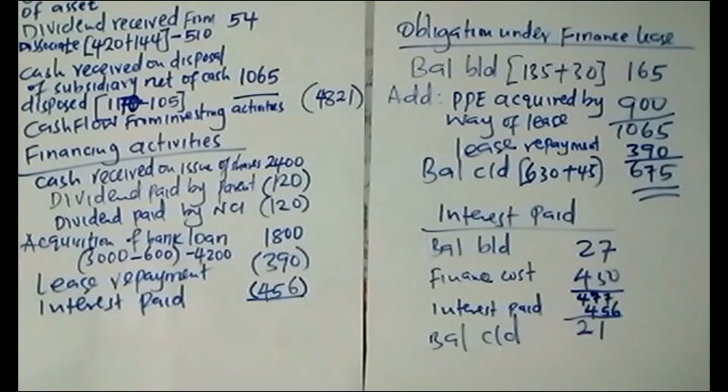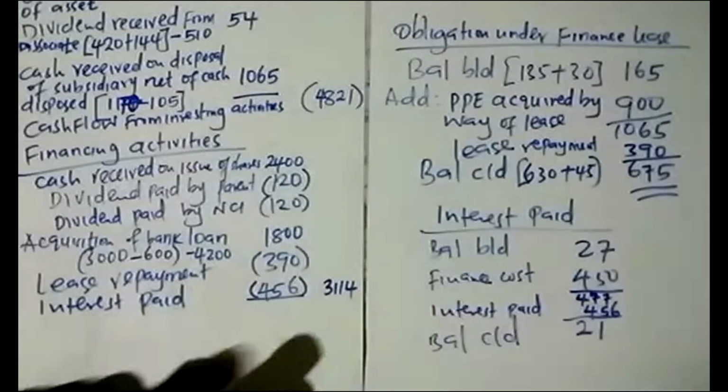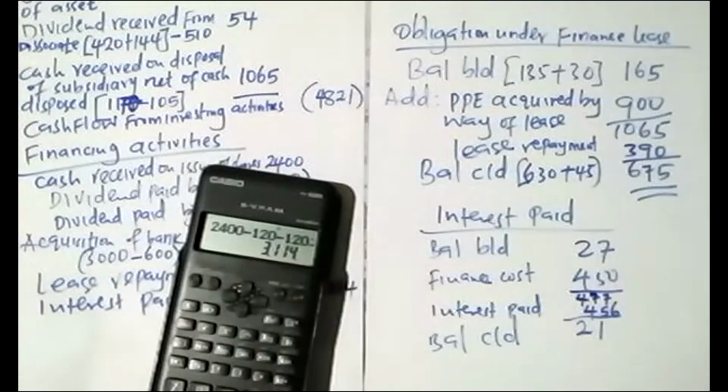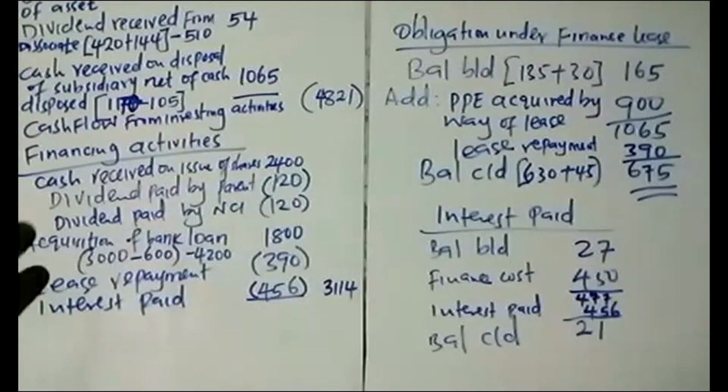So you take 24, there's nothing else. 2400 minus 120 minus 120 plus 1800 minus 390 minus 456. So I'm getting 3114. So after the 3114,